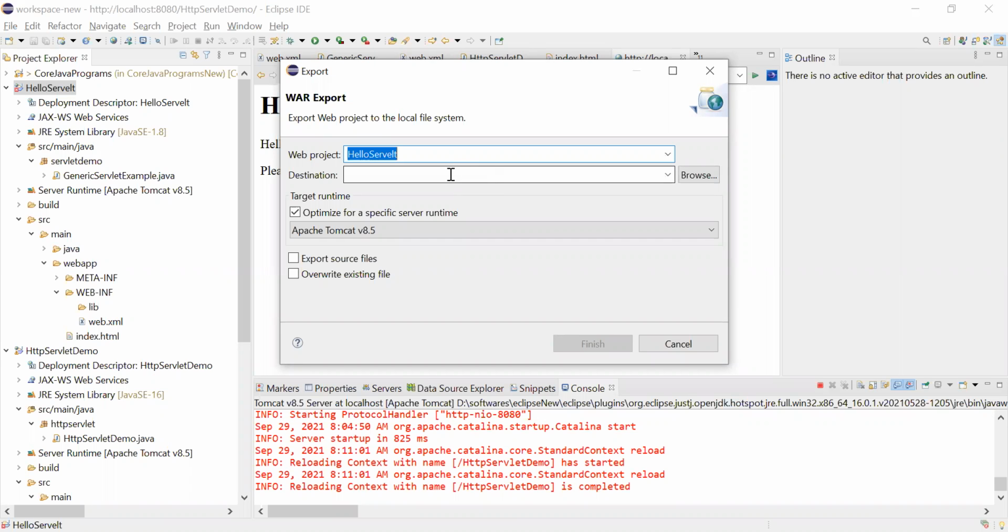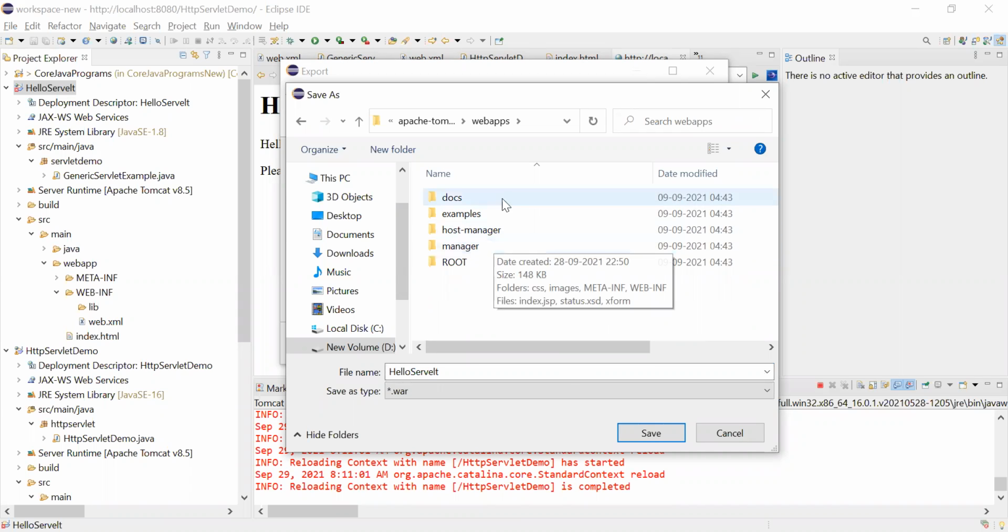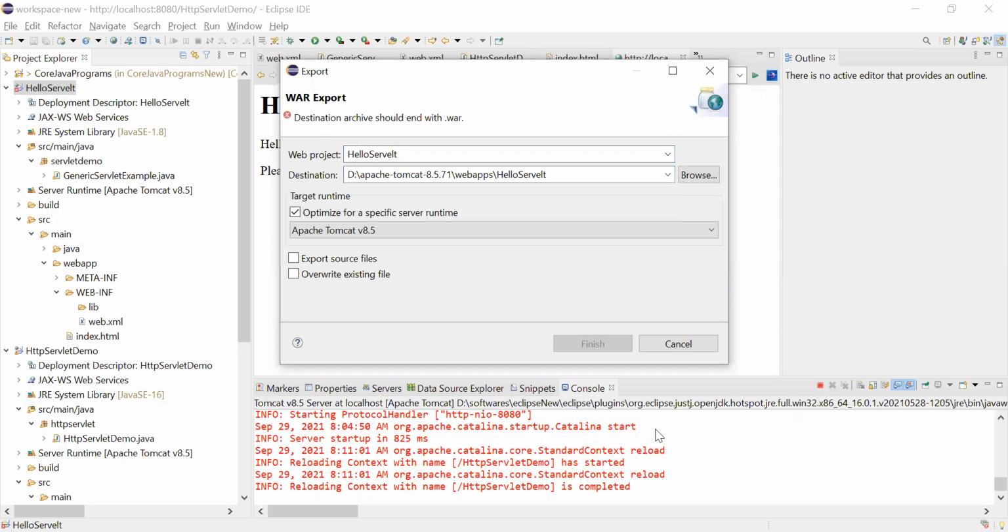Okay. Destination also you can mention. Browse. I'll tell that there should be under webapps. Yes.